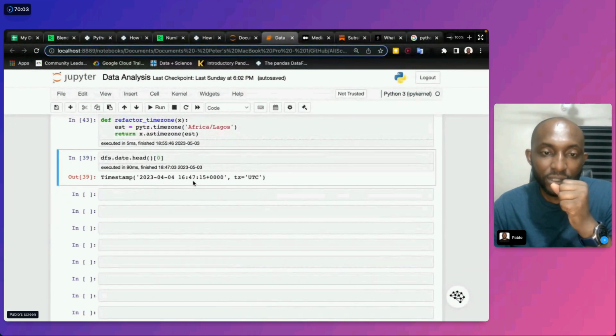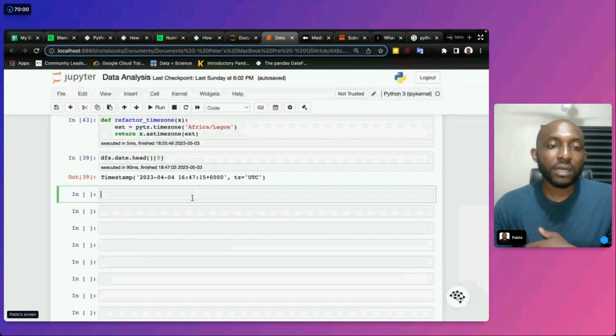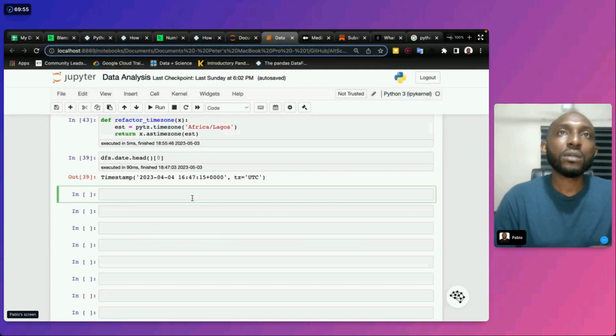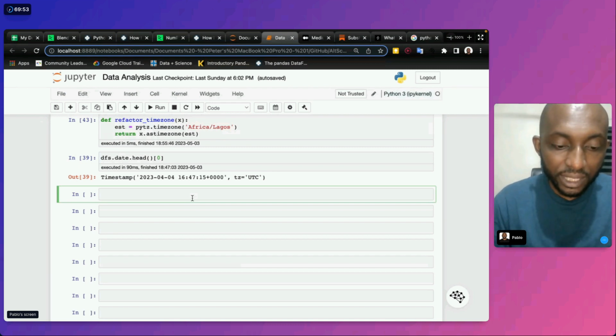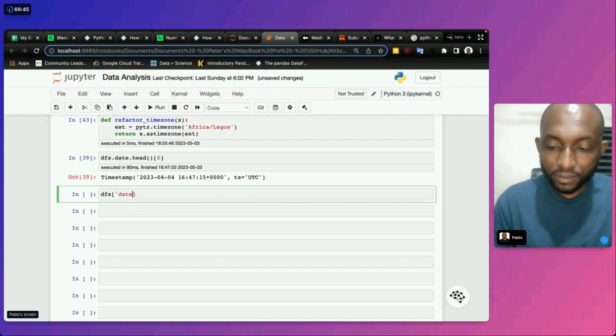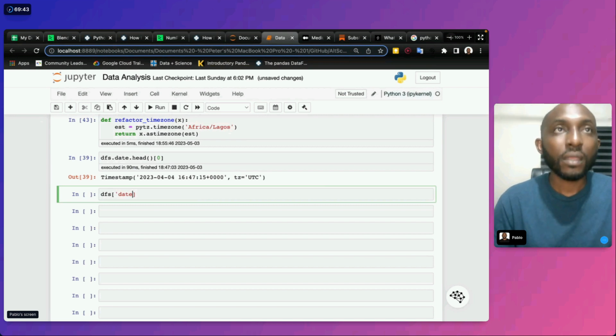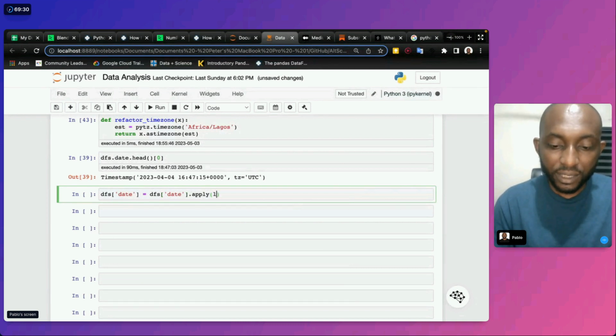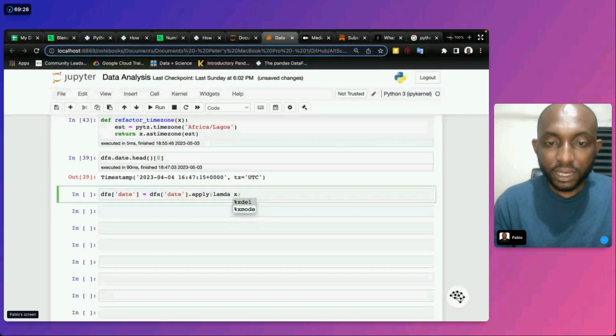2023-04, 16:47, right? Now, I want to apply this time zone to the date column. So again, dfs, square bracket, date, then date.apply, bracket lambda x.